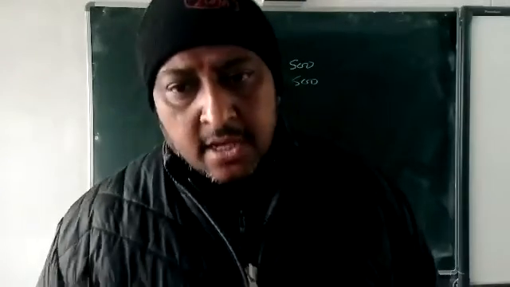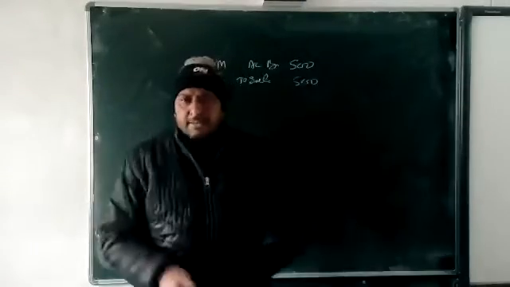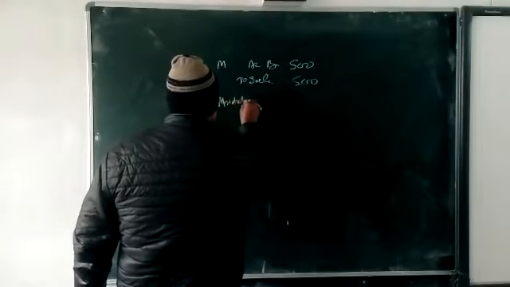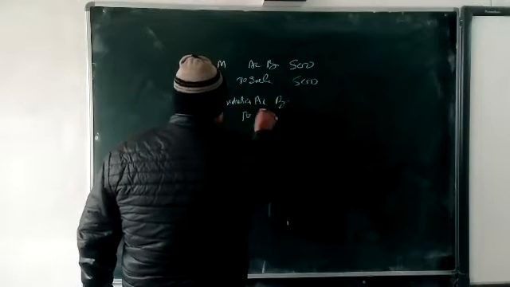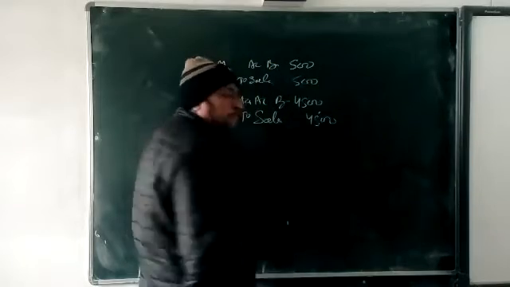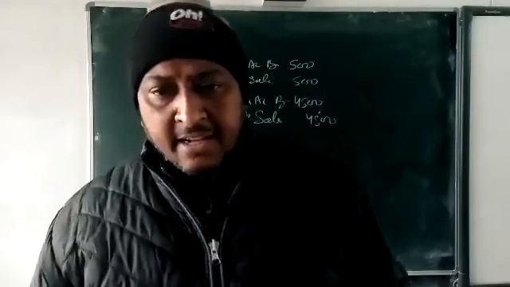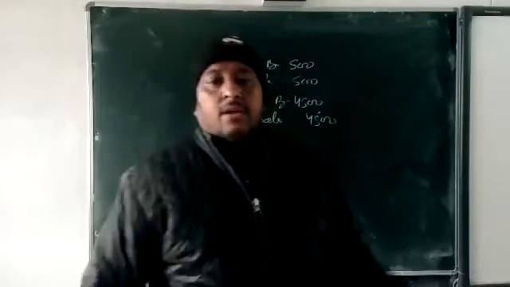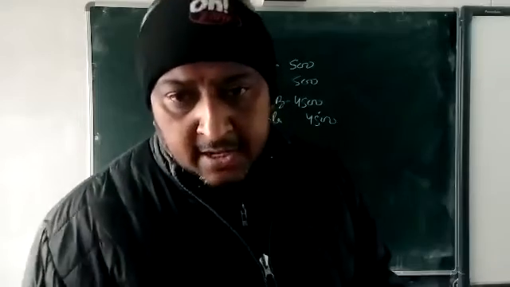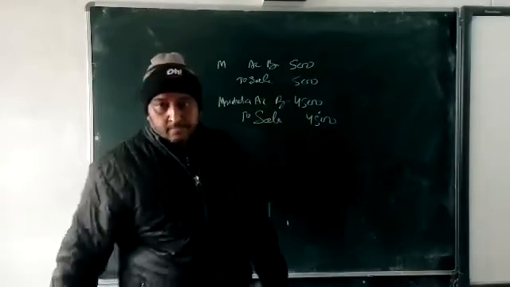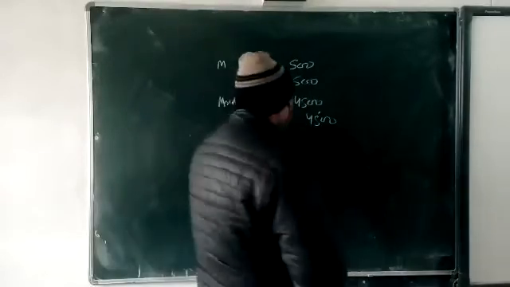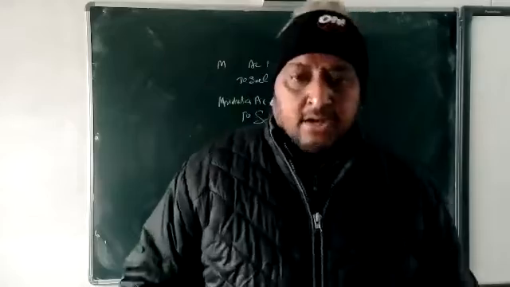So for correction of this, we are going to do the same entry with the difference amount. The next entry: Mridula account debit to sales, 4,500. By both entries, the full correction is ready. Why? We were to sell 5,000, but we entered only 500. So we do the same entry again with the difference amount, and by that we rectify that error.